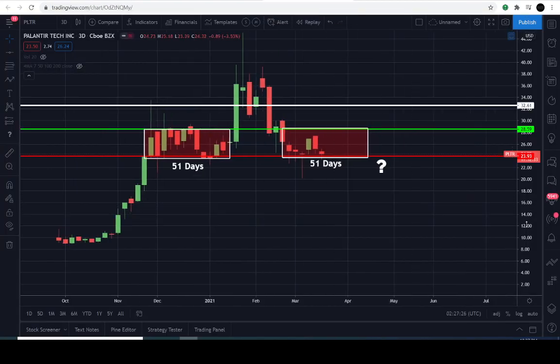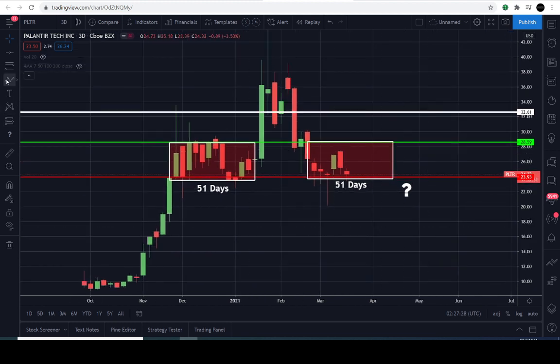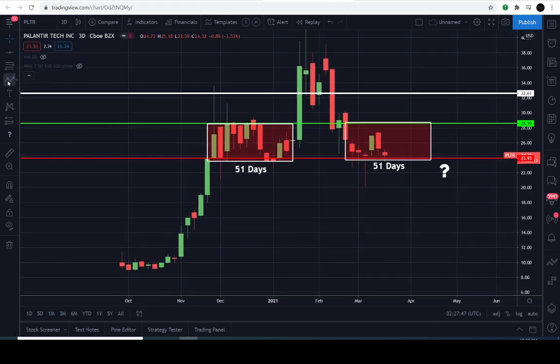So I'm bringing this all up to your attention because I think I've, again, found this small consolidation range that lasts for about 51 days. I'm going to consider this as the buyer's range. The reason that I consider the price levels in between 23.93 and the overhead green line at about 28.59 is because, remember, the trajectory has been kind of